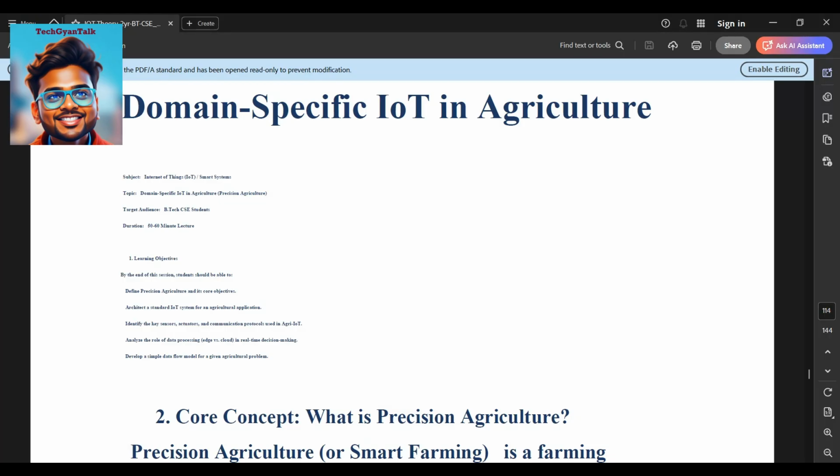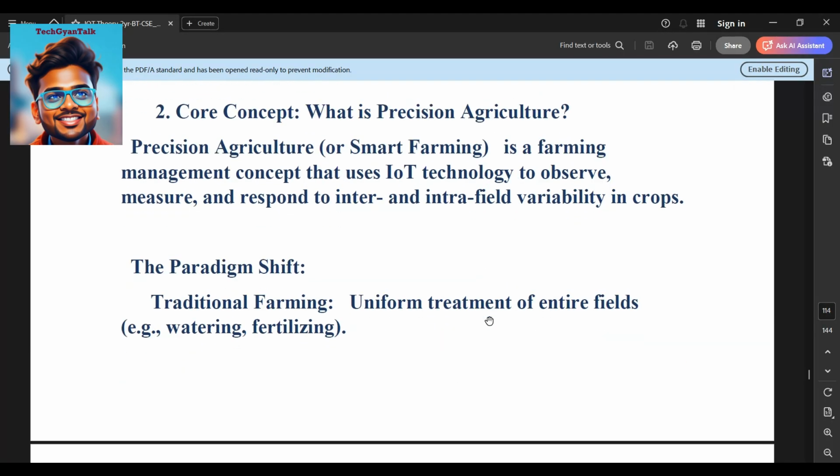Good day. So today's topic is models in IoT, applications in IoT, that is domain-specific IoT in agriculture. So what are the core concepts in them? Like what is precision agriculture? Precision agriculture is one form of concept that uses IoT technology to observe, measure, and respond to intra-field variability